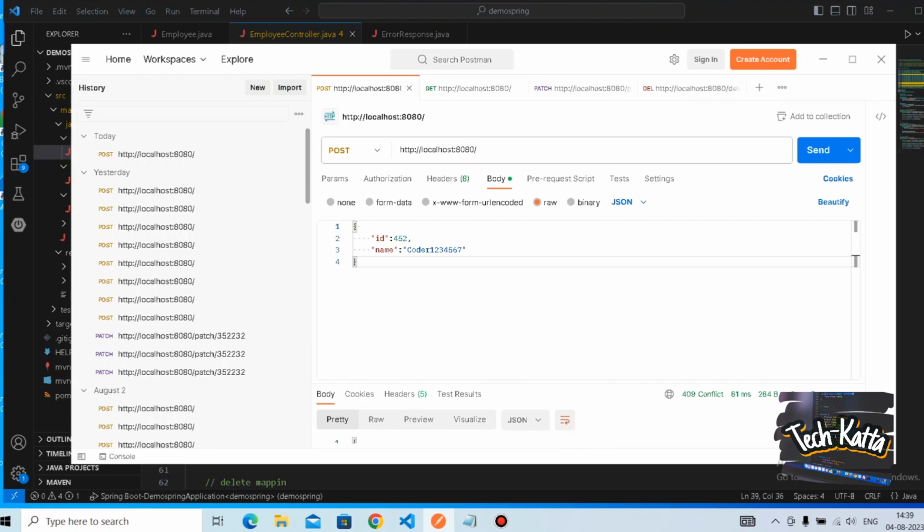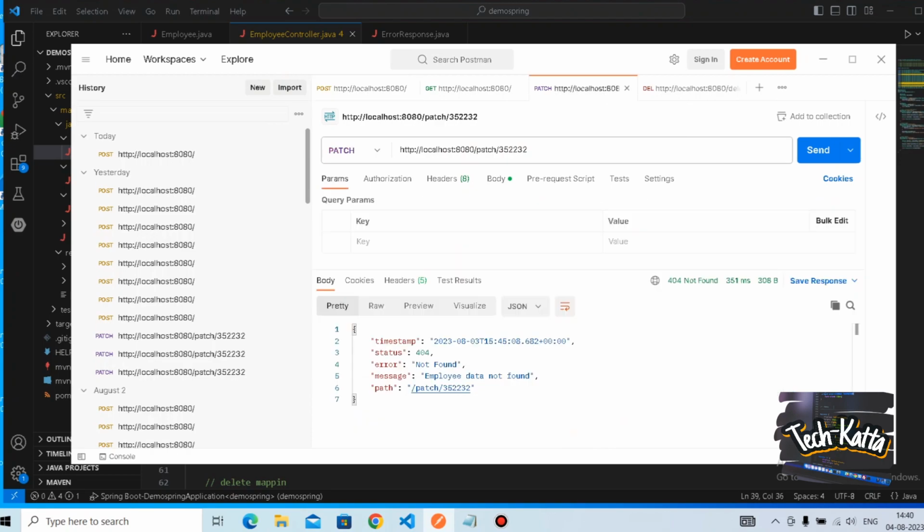For example, suppose we are trying to update the record and we are passing the ID as 382232, okay, but for this ID the employee is not found in our table. Okay, so it should give a proper error message instead of crashing the application or throwing the 500 internal server error, right? So for that,